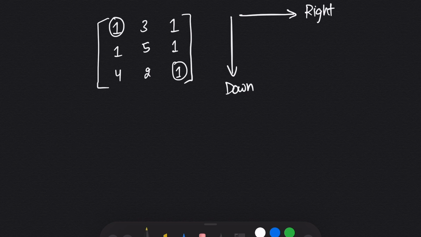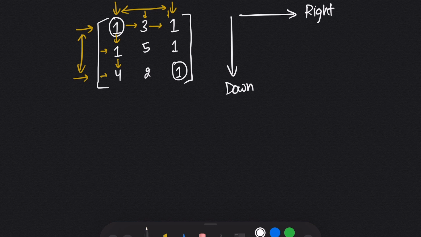And if I say you need to come from here to here, what are the different options you have? If I talk about from this to this, we have only one way: we move in the right direction and keep adding the values. In the same way, from here to here, we have only one option, and the option is we'll keep moving down, because there is no option here to choose from down or from right.